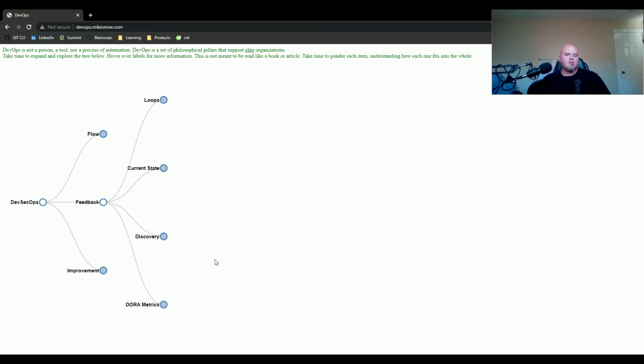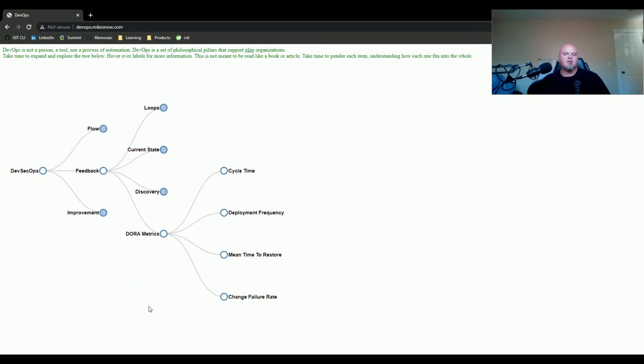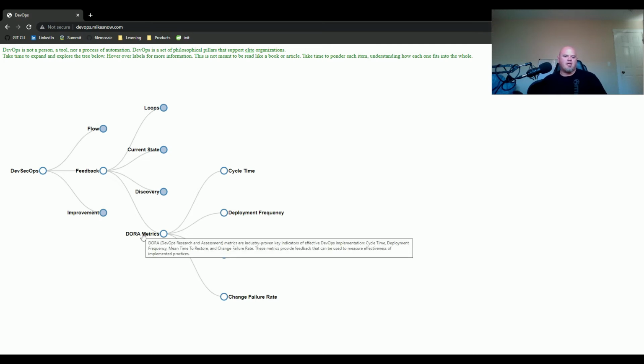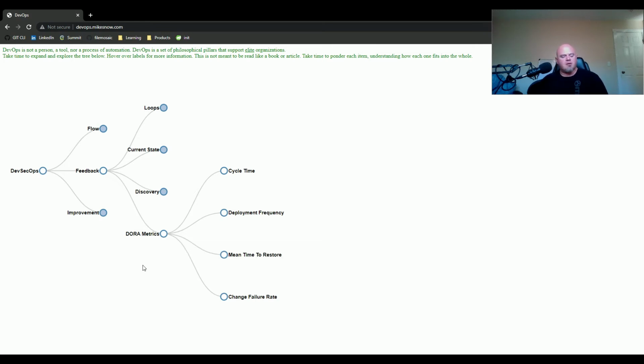The final leg here are something called DORA metrics. There's a DevOps Research and Assessment group that goes and surveys organizations that are trying to implement DevOps or working on the DevOps philosophy and trying to get there. What they do is measure what they're doing, how they're doing things, trying to figure out what